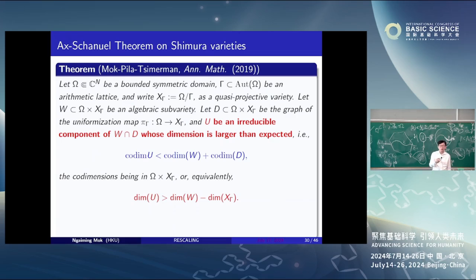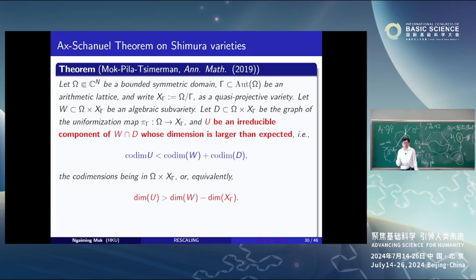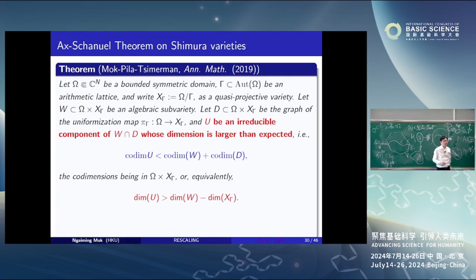One reason is that the algebraic subgroups are easy to describe. In general, the algebraic subgroups of G, being the holomorphic automorphism group of a bounded symmetric domain, is huge. So it was not so easy to do. So we make use of this approach of using foliations, looking at Chow schemes or Hilbert schemes, taking quotients and so on. And since we were working with gamma being an arithmetic lattice, there was some theory of the so-called